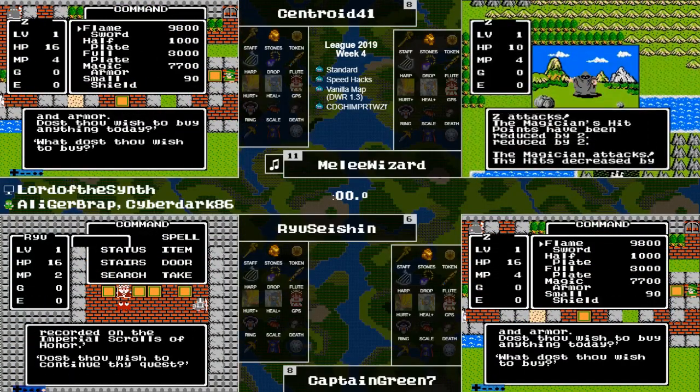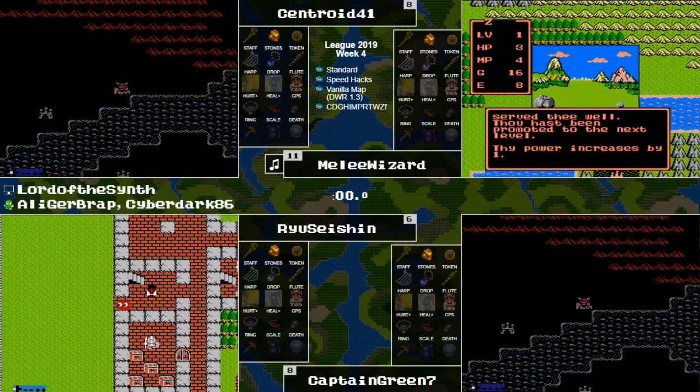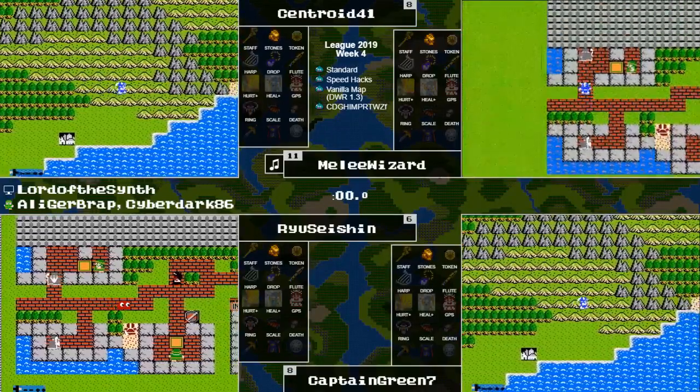And we have the town of Darrenham here in Vanilla Bruckenary. Some nice things. I see a flame sword, I see a small shield. And MeleeWizard is going to capture his level 2 on the way to